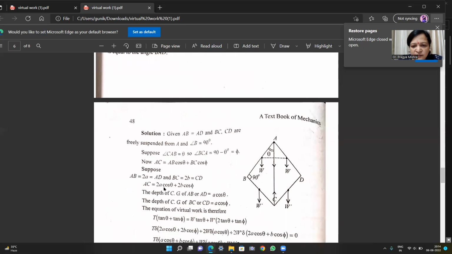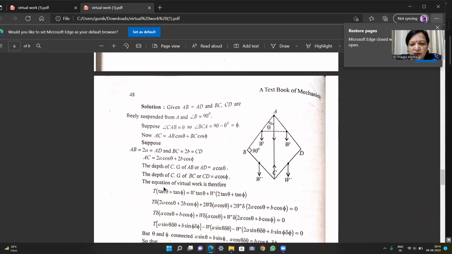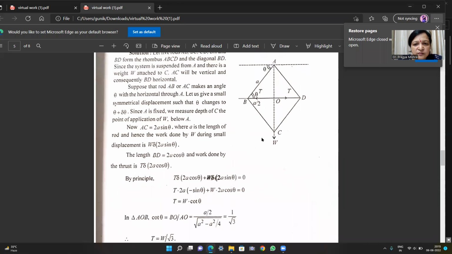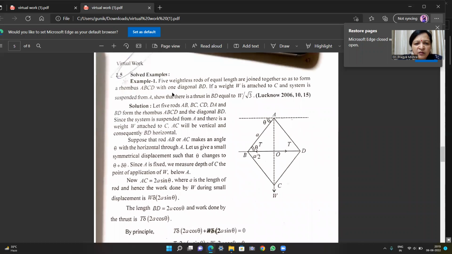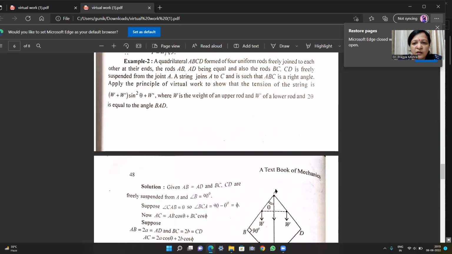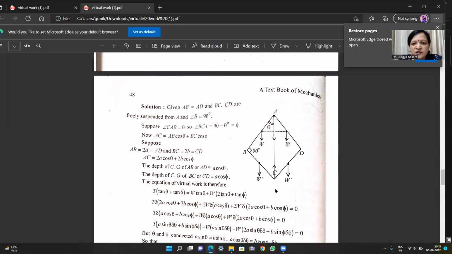So in this case, we have this figure, and it is given that AB equal to AD. और ये जो rods हैं, rods का जो weight है वो मिड पॉइंट पे टेक कर। इसके पहले वाले क्वेश्चन में हमने रॉड्स का वेट नहीं कंसीडर किया था क्योंकि वहां पर वेटलेस रॉड्स गिवन थी, ठीक है। यहाँ पे रॉड का वेट गिवन है, यहाँ पे देखिए, here we have 5 वेटलेस रॉड्स ऑफ इक्वल लेंथ। तो इस वजह से इन रॉड्स का वेट यहाँ पे नहीं कंसीडर किया था, केवल वेट ये W कंसीडर किया गया था जो अलग से अटैच किया गया। लेकिन यहाँ पर रॉड का वेट भी गिवन है, हैवी रॉड्स गिवन है।